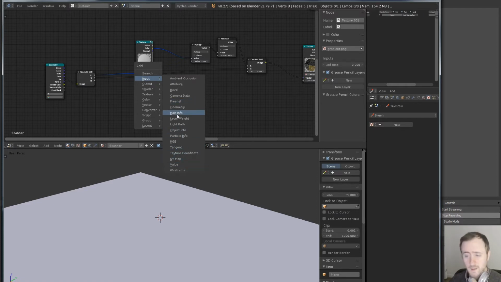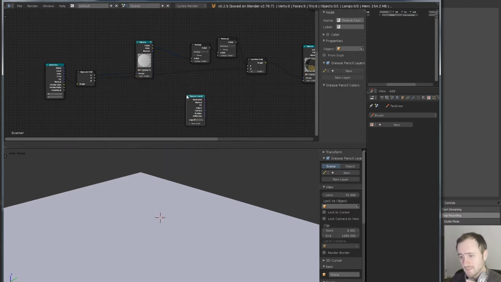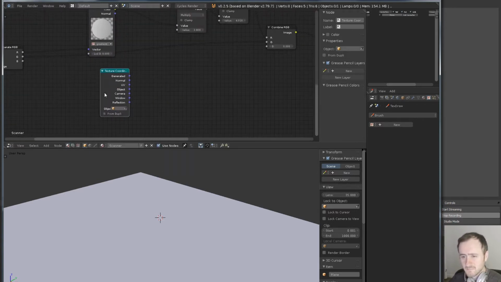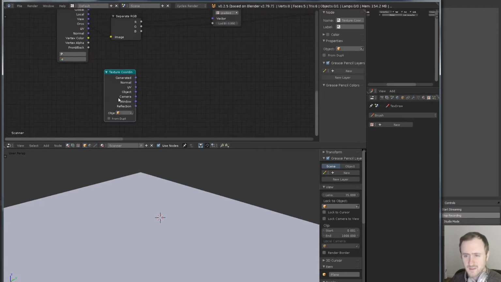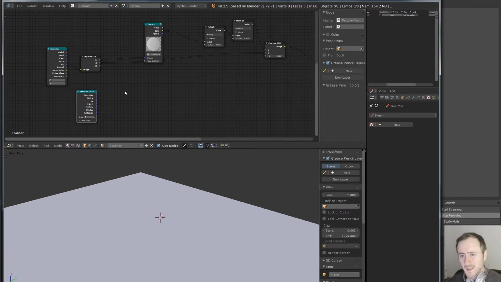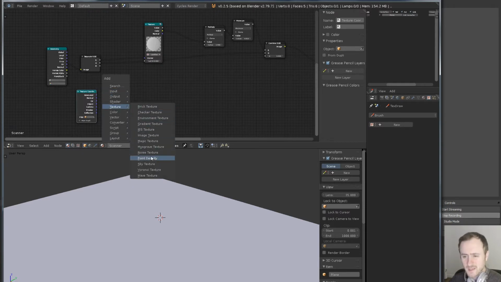Obviously there are a few more options in Cycles that we can play with. So let's take a look and see what we can find. We have light paths. We can't do anything with that because it's not ray traced. But we have texture coordinates. We'll just hold on to that. There's nothing here that's really groundbreaking or new, but we can also maybe take an image texture here,